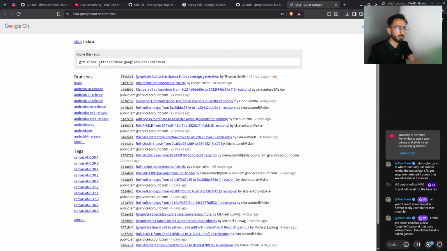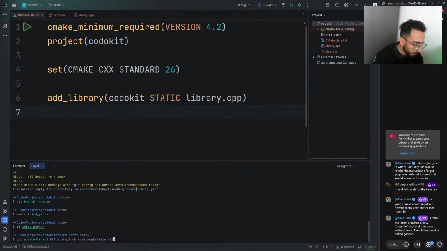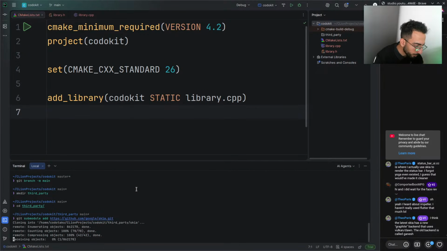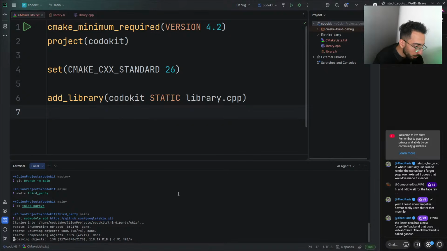But anyways, all right, so let's just say git submodule add, and it's going to take quite some time. Hopefully it won't affect my live stream. Seems good so far, I think. Cool. Other than that, what we're going to do next is